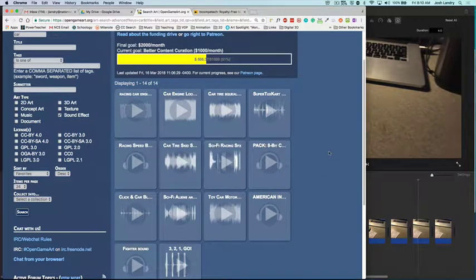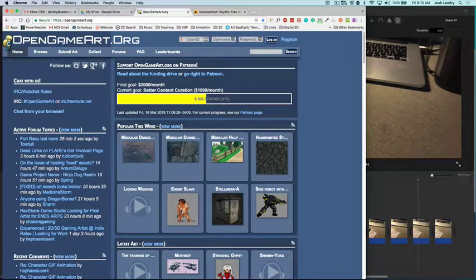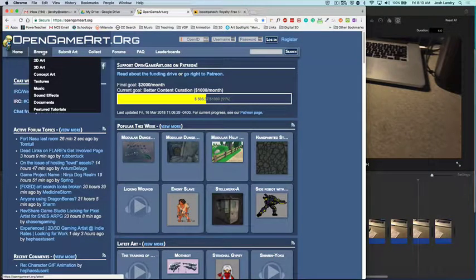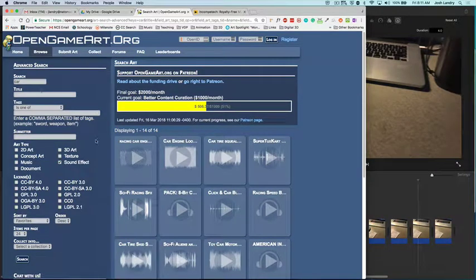So I'm going to go to Chrome, and I'm going to download one sound effect and one piece of music. For sound, I'm going to go to opengameart.org, and you can go here to Browse, and you can choose music for background music, or you can choose sound effects for short sound effects. I'm going to type in search, and I'm going to type in car, and now you're going to be able to click and press play and hear